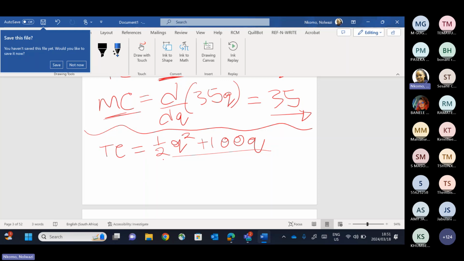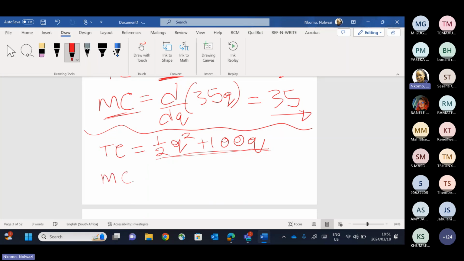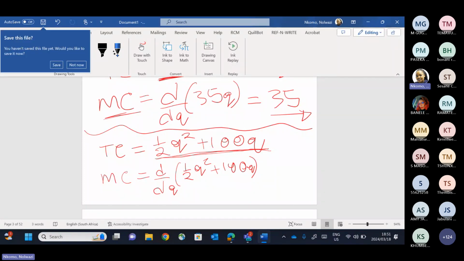If you look at this function, from here you can conclude that the fixed cost is 0, right? There is no fixed cost. You only have the variable cost. So this means your marginal cost would be this whole function. So you'll have d over dq of 1/2 q squared plus 100q,